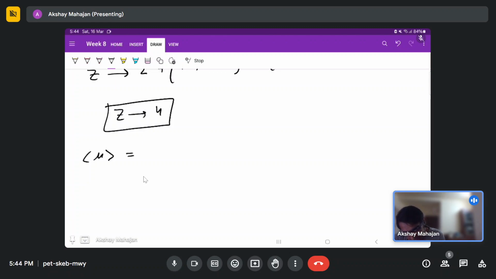So our average magnetization will be mu times e to the power minus beta times epsilon minus mu b, minus e to the power minus beta times epsilon plus mu b,